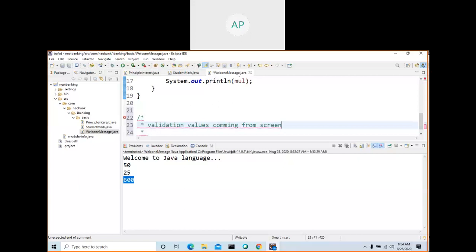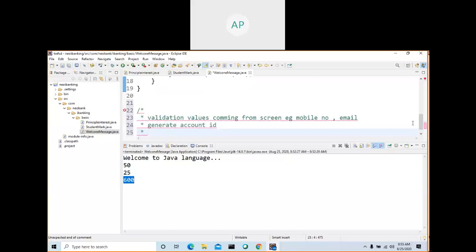He can enter someone else's number, then that is not going to work, right? You need to authorize. So there are a lot of things you need when you register a Facebook account. So validating values coming from the screen, for example, mobile number, email, send an email asking to authenticate something, right?